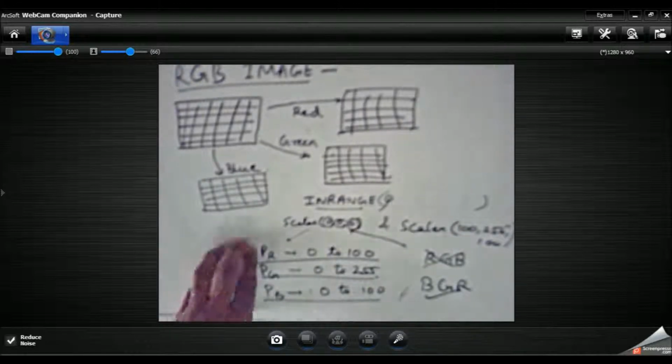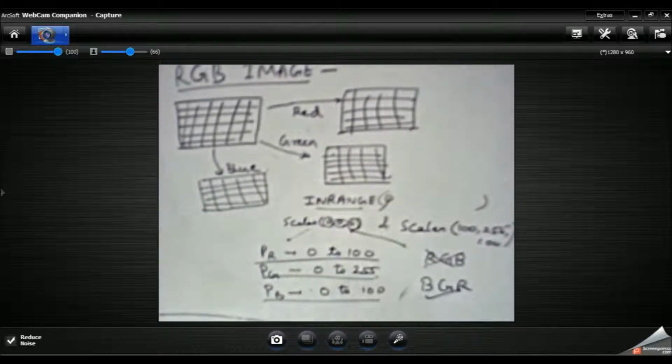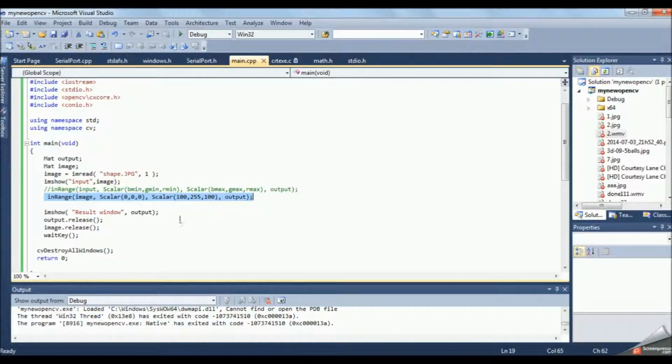In this way we are in a way applying an if else statement to filter out our desired color, just as we have done in gray image thresholding. We can also do this RGB color thresholding by using nested if else and nested for loops. But using this function is quite easy and makes your program